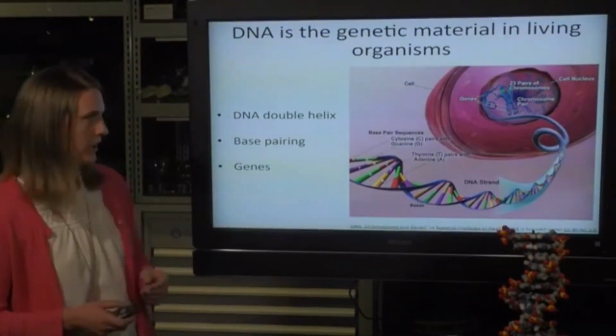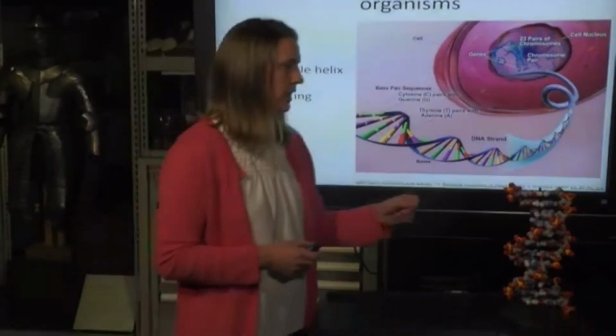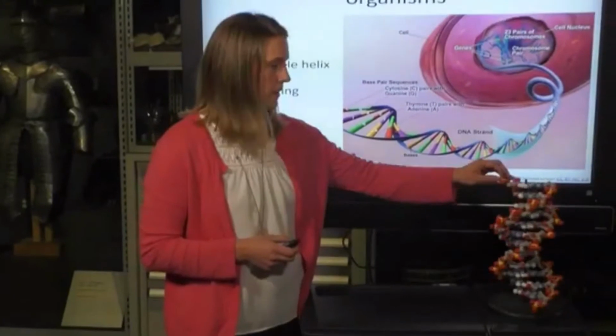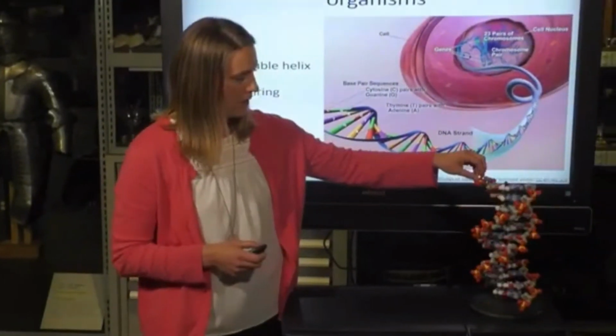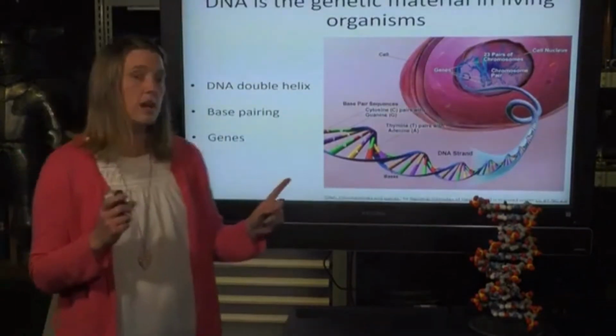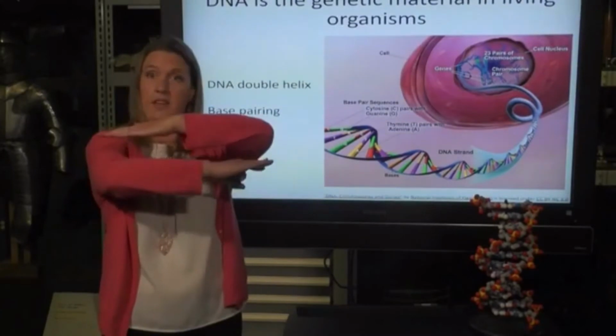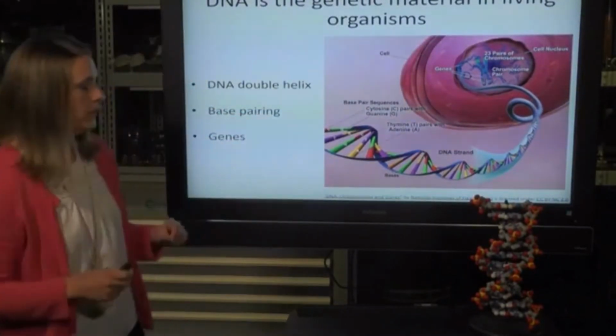So I'm going to go to my model here and talk a little bit about DNA. Genomic DNA in the cell actually exists as a double helix. So you can kind of see it like that. So it's double-stranded. There are 2 strands of DNA that interact with each other end to end. Okay, so it's head to tail is the interaction.